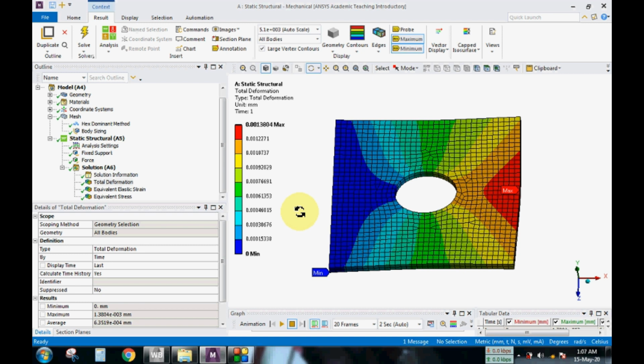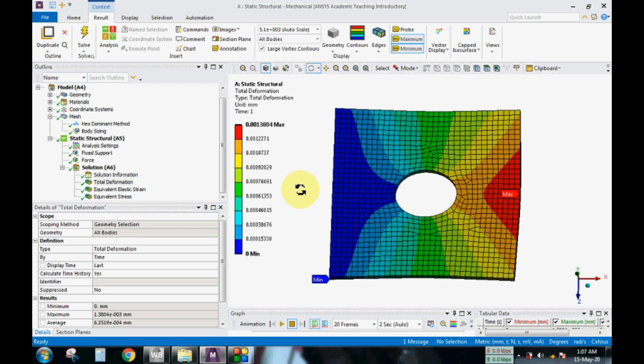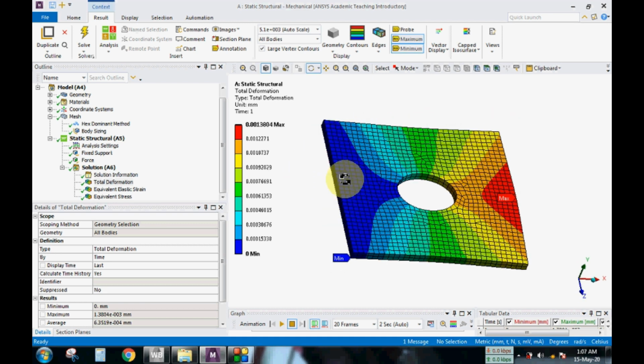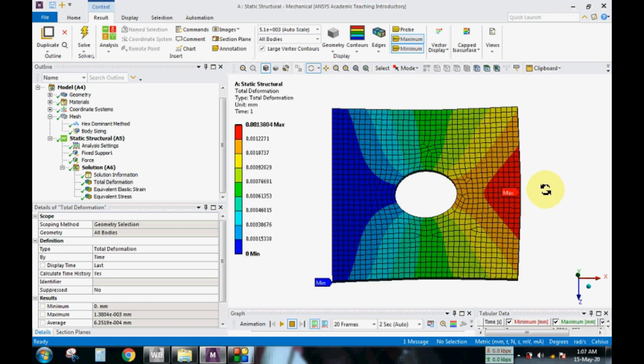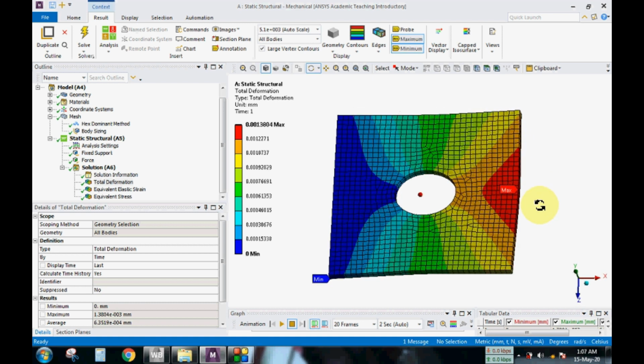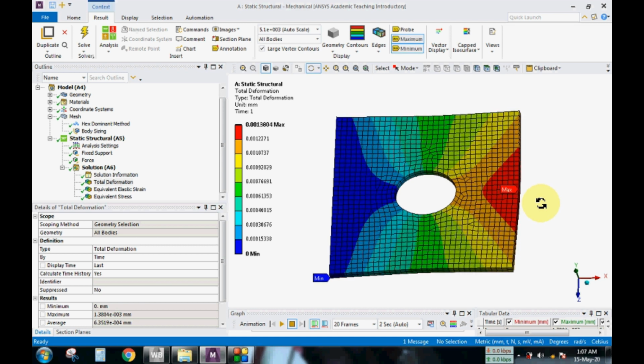Similarly, you can do it for all the four cases: the simple hole, square hole, filleted hole, and a triangle. You can try it on your own. Basic steps: you have to fix this side, and then you have to apply force on this side. Okay, so for the time being, I'm not going to simulate all the models. I already have done the simulation for all the models, so I'll quickly show you the